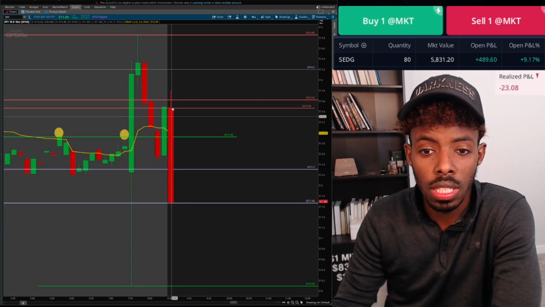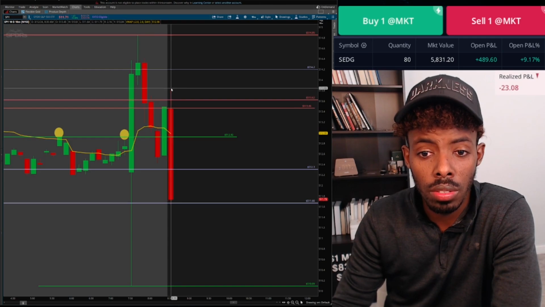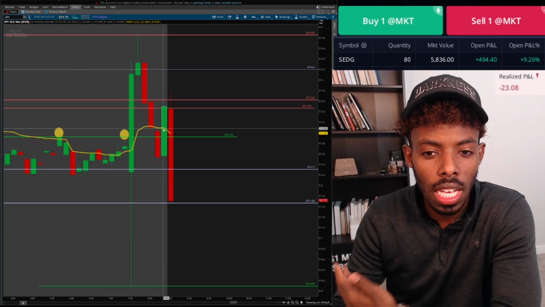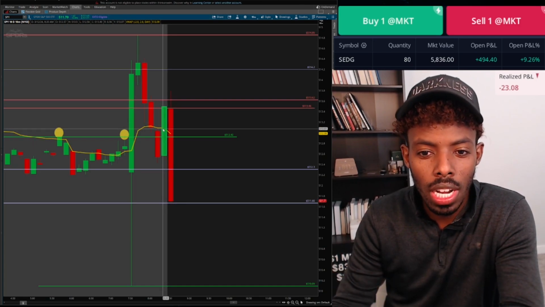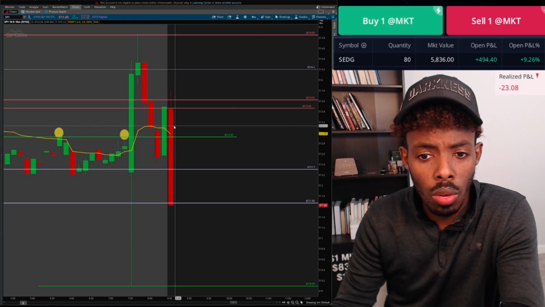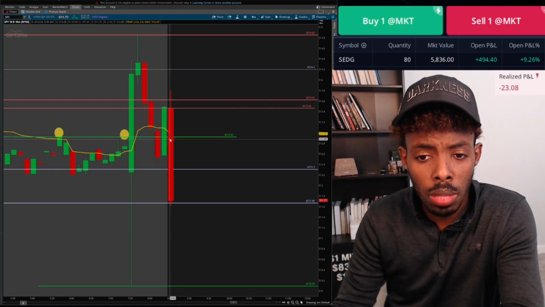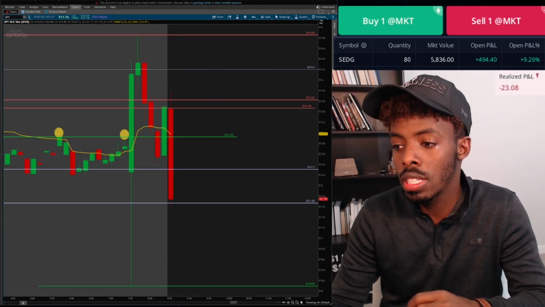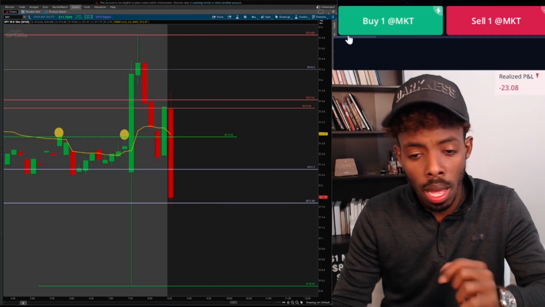Huge dump in the opening today. It rejected off here. You know what I'm saying? The reason why I did not want to buy a put here was why? Because I had the VWAP right next to me. Why would I go against the VWAP? So I waited. I went with the VWAP and the price started going further below the VWAP. Then that's when I understood, all right, cool. Now the market says, hey, we're going further away from the VWAP. I'm gonna go ahead and switch